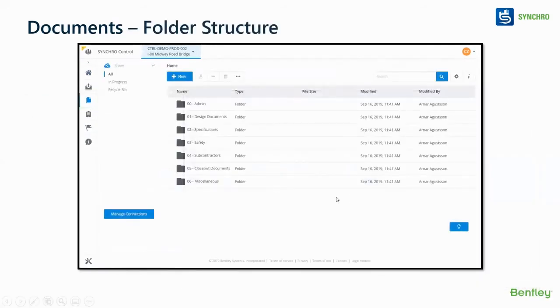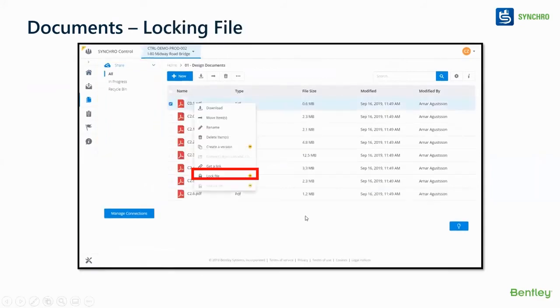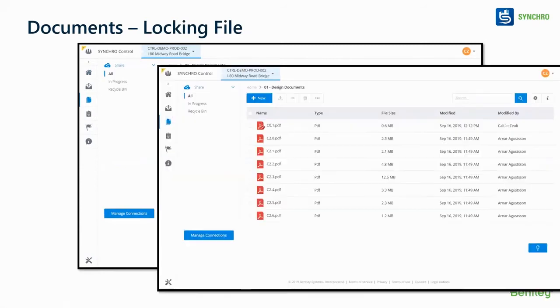Let's say you have an organization folder structure. You can take that organization folder structure over here, and you can copy and paste that. You have a selection panel where you could lock a file also. Let's say a PDF file has come, and you want to lock it from other employees where this is not necessary to have that information over here, so you can lock it over here.